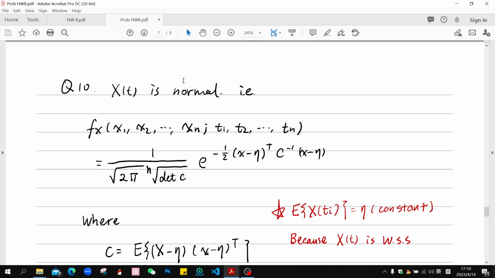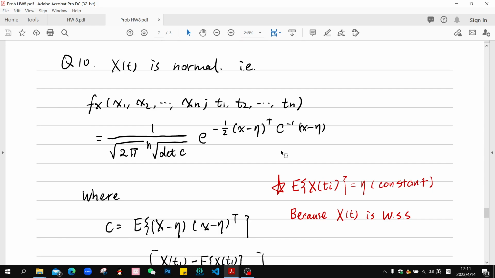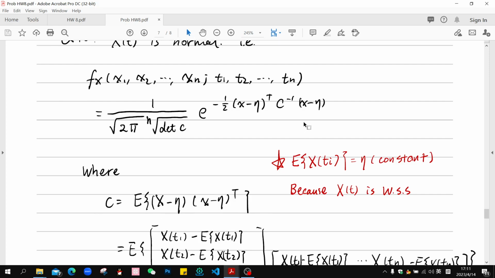We assume that X(t) is normal. That is to say, it has this probability density function: f_X(x1 to xn; t1 to tn) equals 1 over the square root of (2 pi)^n times the square root of the determinant of C, times e to the power of minus 1/2 (x minus eta) transposed times C inverse times (x minus eta),